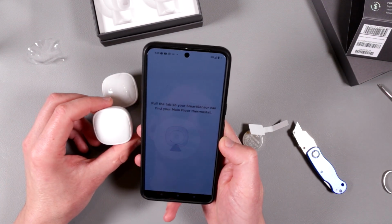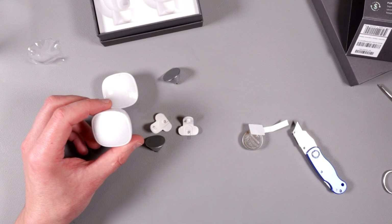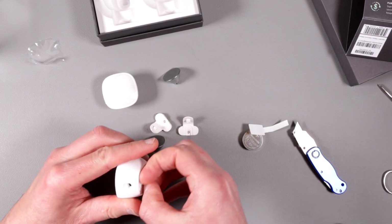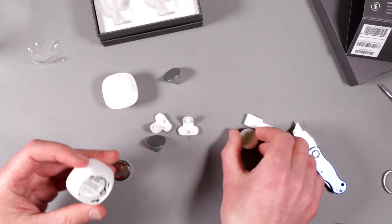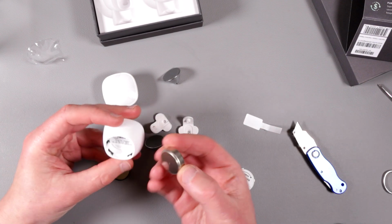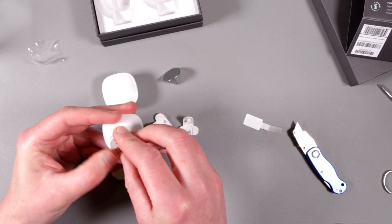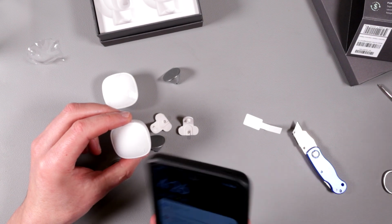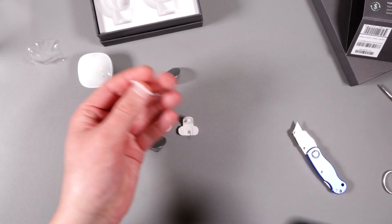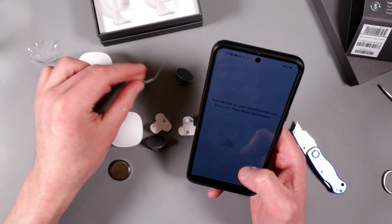Looks like we have a little bit of a problem. So this thing does not find... So your smart sensor can find your main floor thermostat. It doesn't. So let me put the proper battery back. Who knows, maybe this is the problem. Okay, let's put the proper battery. Okay, maybe that's going to help. Pull the tab essentially means to power it up. There is also a code, I guess, to manually...